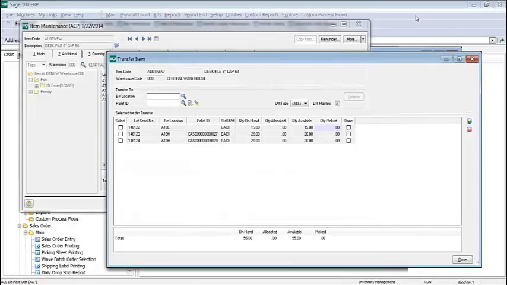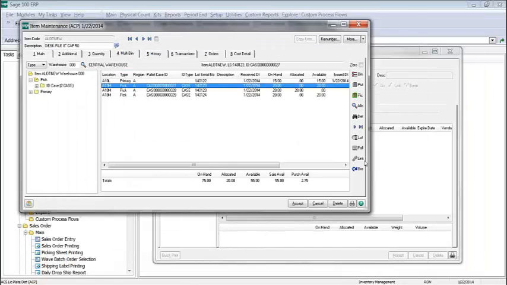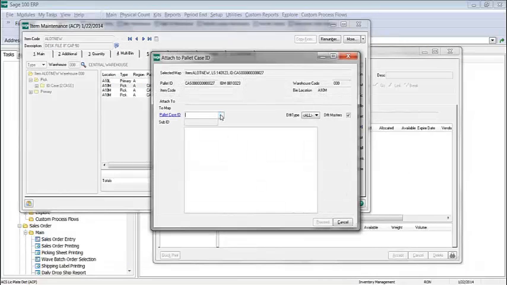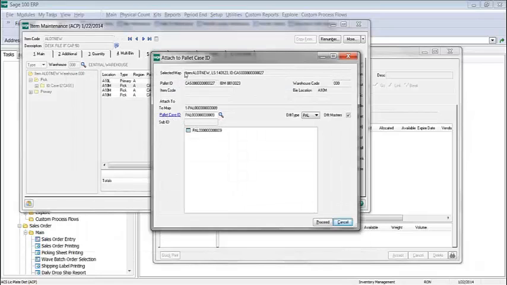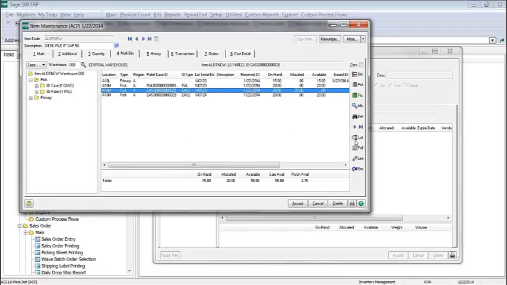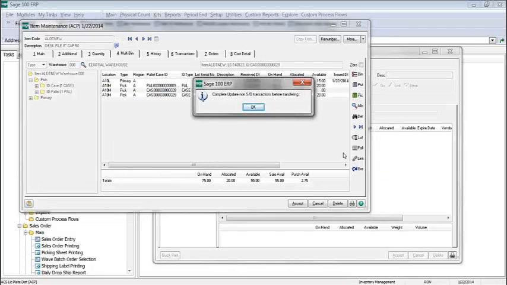Actually, I've got to link it, don't I? I've got to link. Click the link button here, and pardon me. Select that. We'll select our pallet here that I just created. So this will link inventory from CAS 27 into there, and this will link